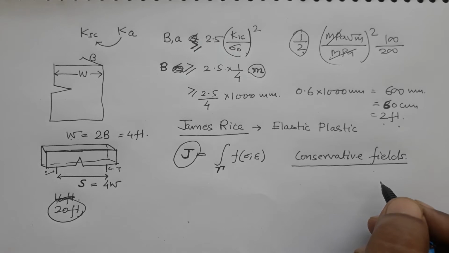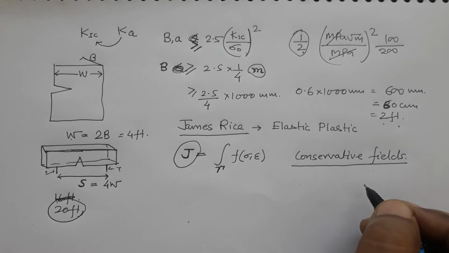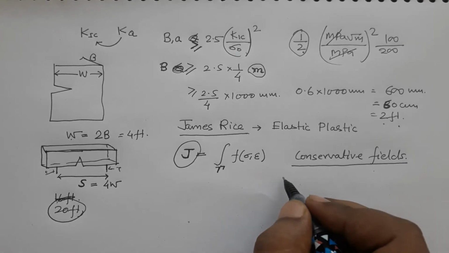So, they are usually dependent upon the initial and final position, and not on the path along which the curve goes. And so, one such field is gravitational field,